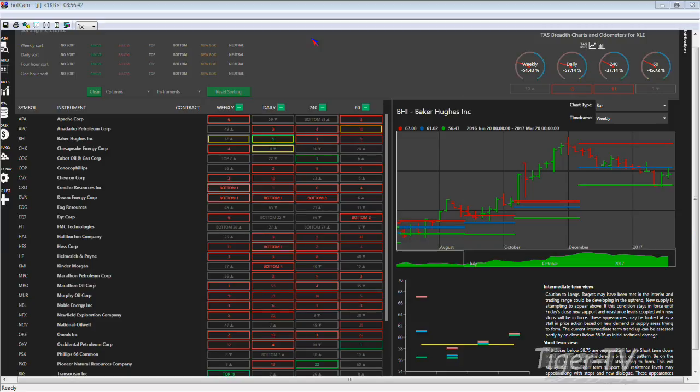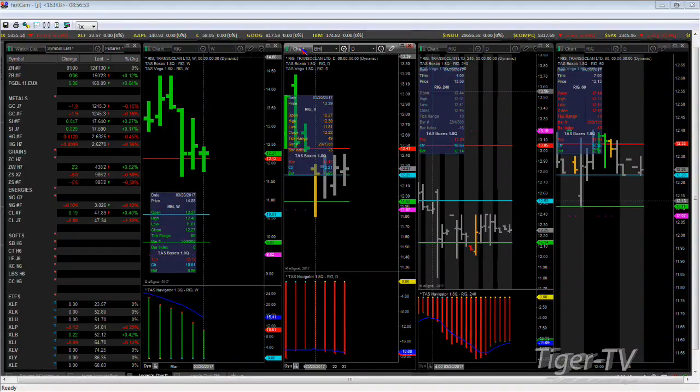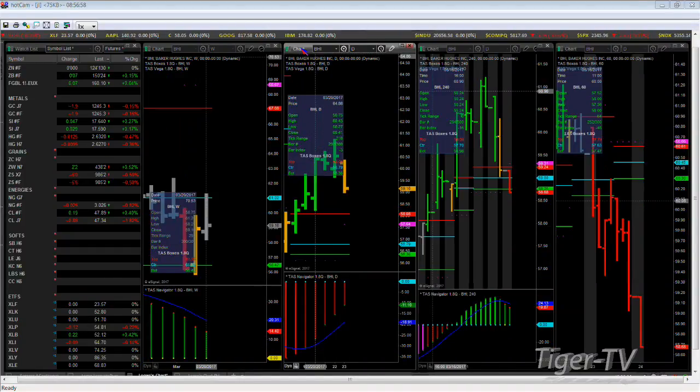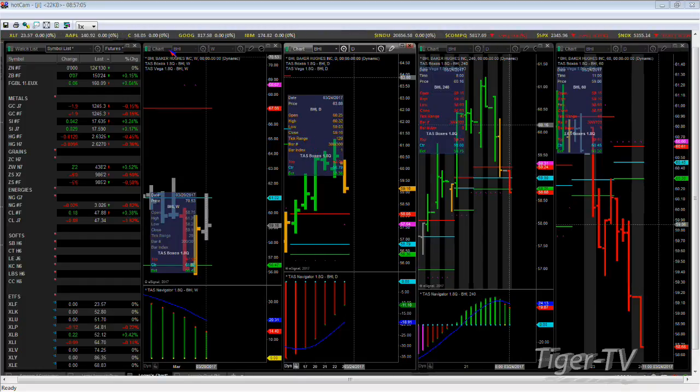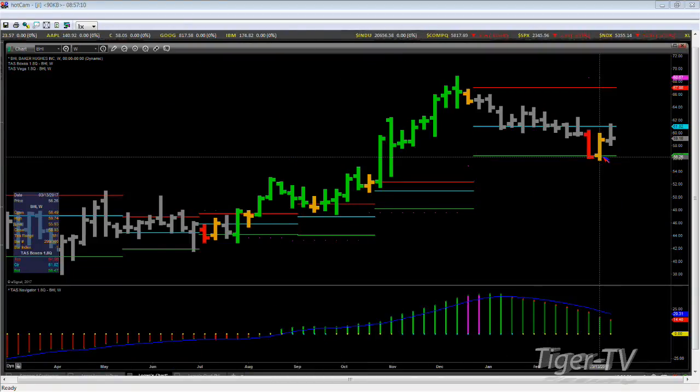Let's take a look at this one. BHI. You can do a lot of research with this scanner at night and just get things on your radar screen, put them in your favorites list. And I guess TFNN will put a new install finally on their network today. So there's that Baker Hughes trade we talked about last week, actually, and there's that target being met,